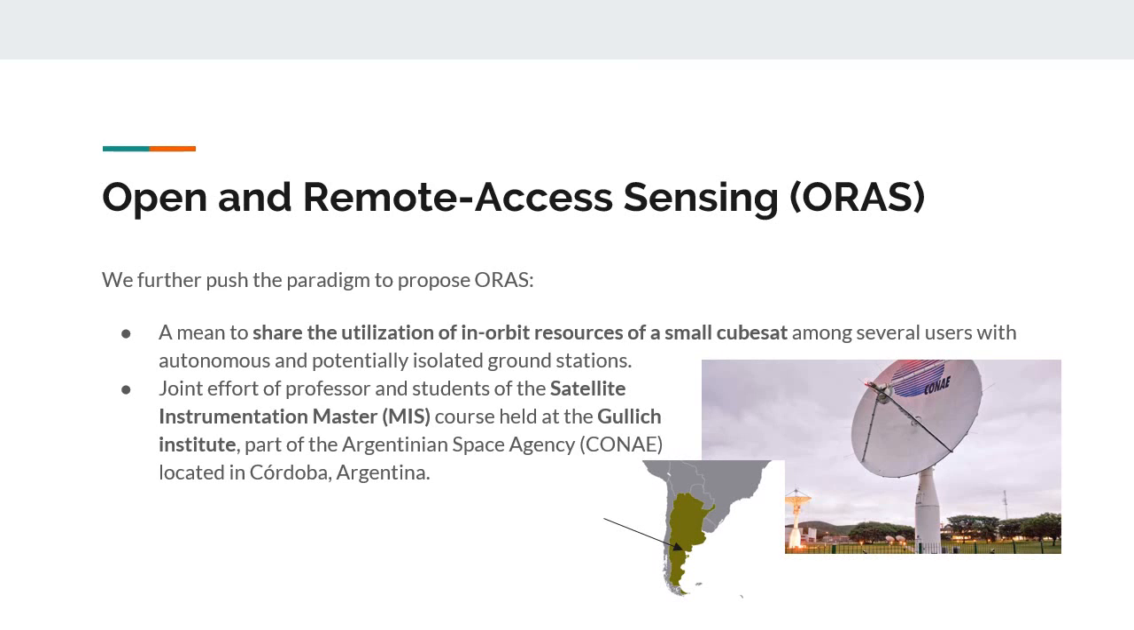Open and remote access sensing is basically a means to share the utilization of in-orbit resources of a small CubeSat among several users with autonomous and potentially isolated ground stations. I will discuss this in the following slides: how it is achieved and what the particular objective of the